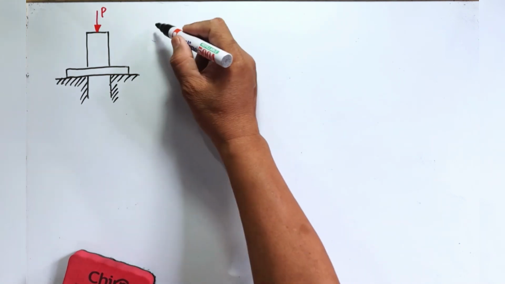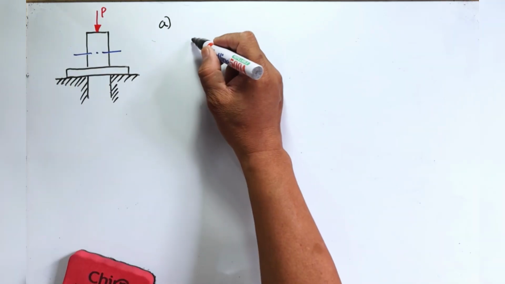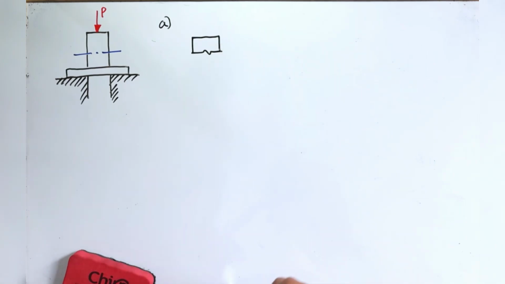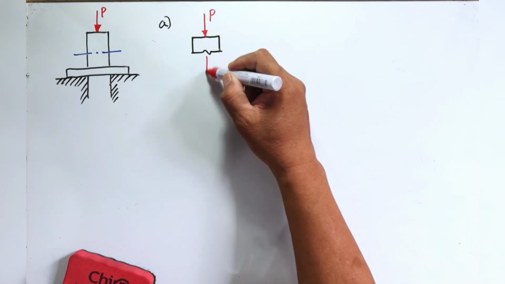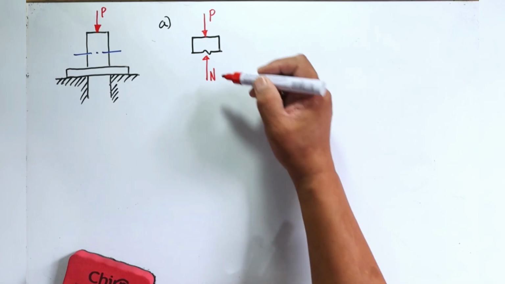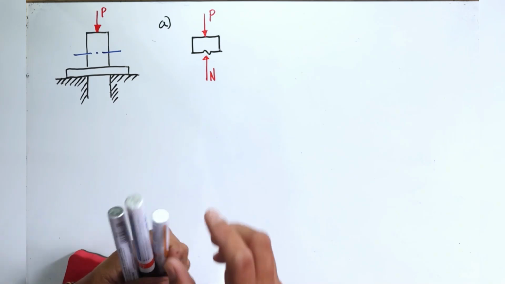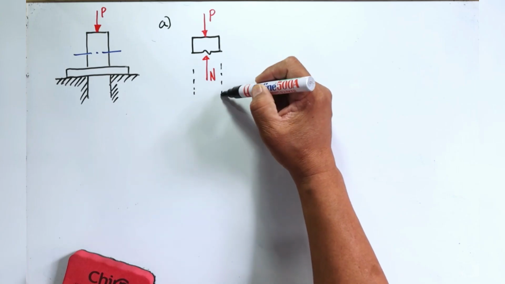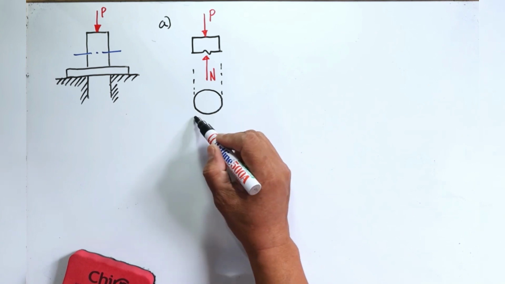Okay, so for letter A, we need to cut a section here. So the free body diagram will be like this. There's the load here, P, and this will be the axial force, the internal axial force. So this punch is going to punch a hole with a diameter of